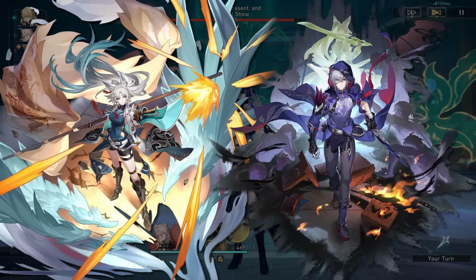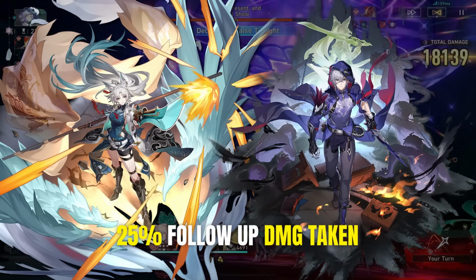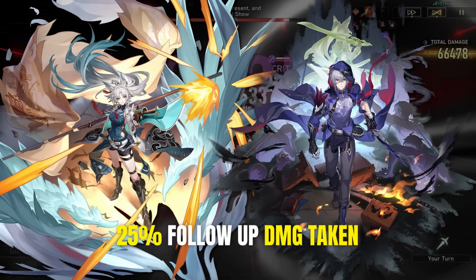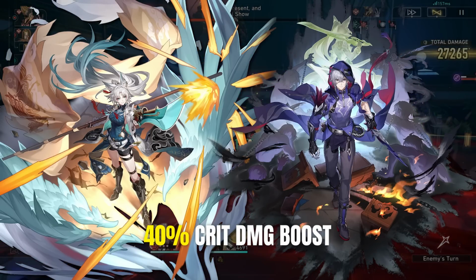But long story short, he's going to be a pretty close competitor to Topaz for a Feixiao team. He has a debuff called Prey that he applies on a single target, and that target takes 25% increased follow-up damage. Now for context, Topaz has a 50% vulnerability debuff, so it's not as big as her. But if you have his E2, he also increases the crit damage of any attack to the target with Prey